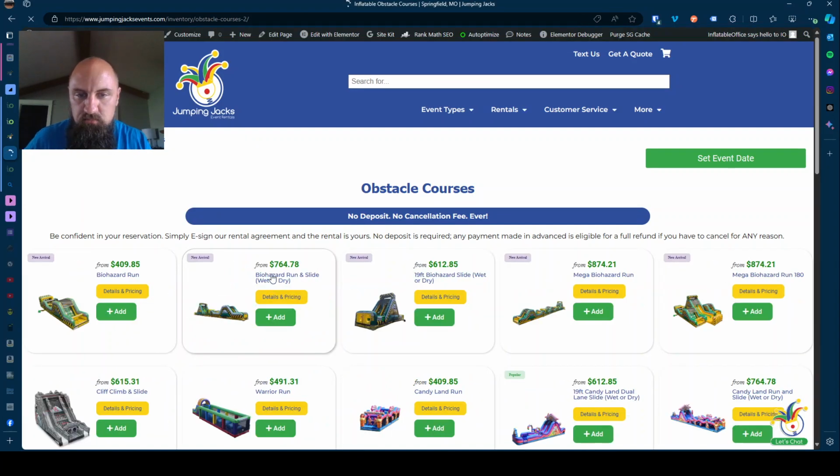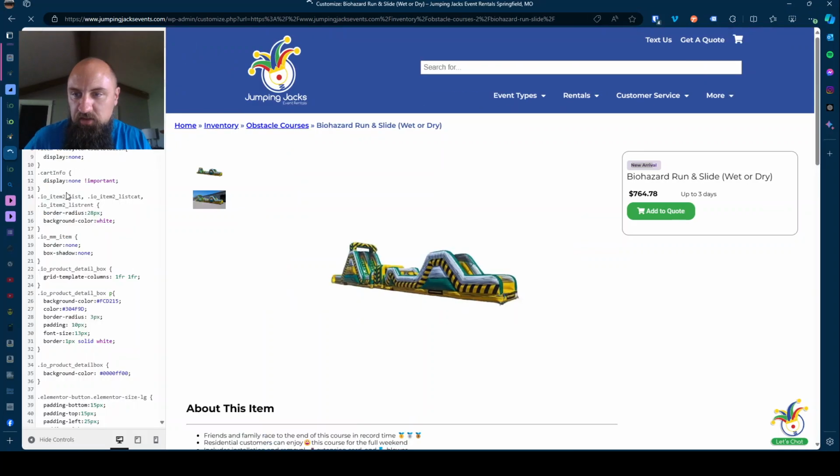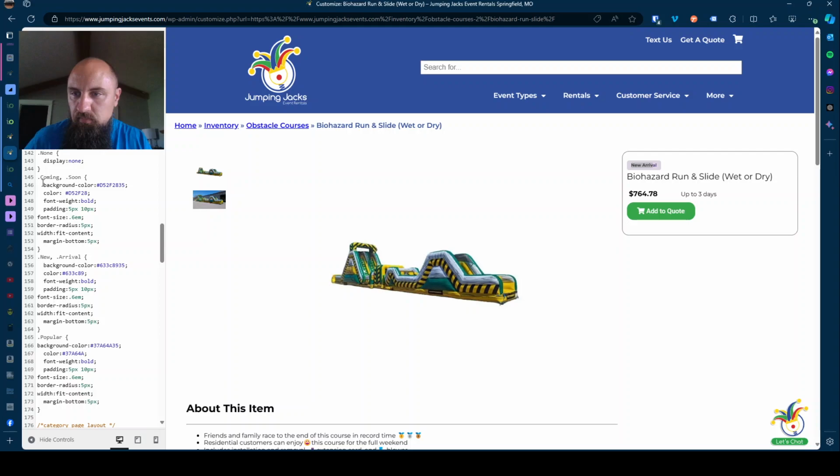So we're going to go in here. So we're inside here. You're going to come here and customize. It will not like this. This is what we're doing now. And we're going to go additional CSS and then just find an open spot. I'm going to scroll down to where mine's at. You're going to find an open spot. I use this as a comment tag for those of you that are really clean about everything. I comment that the following code is the product flag code. Okay, so the first thing you want to do